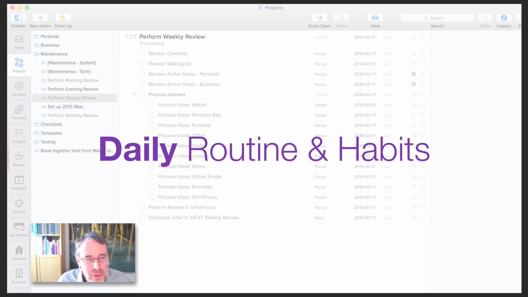Okay, so at this point, I'd like to go into the daily routine and habits. And as I was mentioning before we got started, habits are really a key part of this, and routine really helps to support those habits. So in a sense, productivity is not so much something we learn, but something we practice. And like with anything, the more we practice it consistently, the better we get and the more ingrained it becomes. So before going into my routines that involve OmniFocus, just wanted to paint a picture of what my day typically